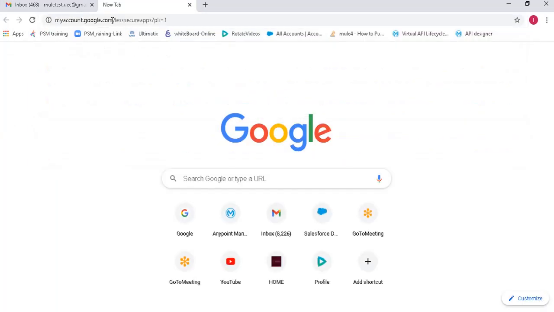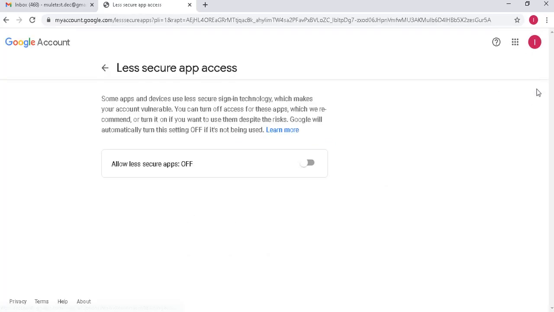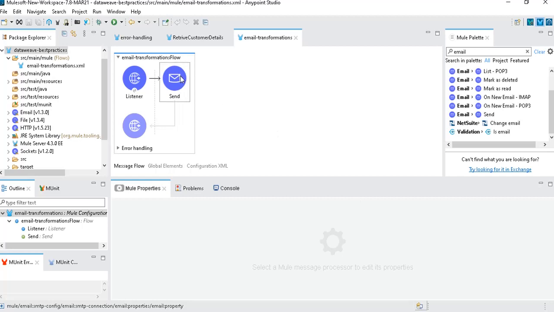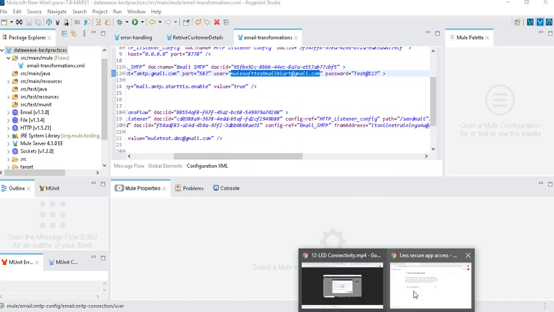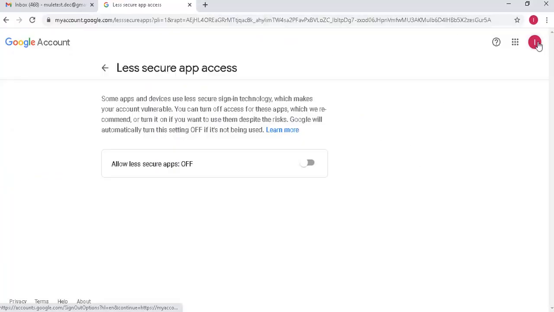I'll provide this URL in the description box, and now I will show you how to do that. Just log in to this URL, and select the Gmail account that you configured in this global connector. Here I have configured the MuleSoft test mail account. You need to log in with that Gmail and that password into this URL. Once you log in, it will show you allow less secure apps off.